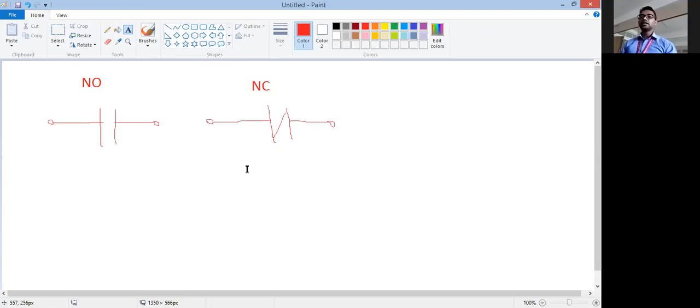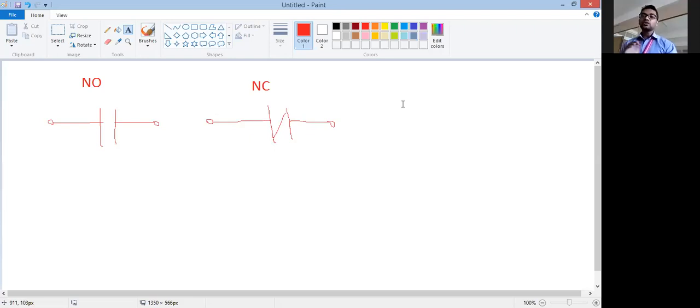As you can see on the screen, the only difference is that it has an inbuilt shunting plate which connects the left and right side. So when you are not giving any logic to NC, it is normally closed. Correct? So when the supply of the PLC is turned on, this normally closed contact is closed, so current flows from left to right.